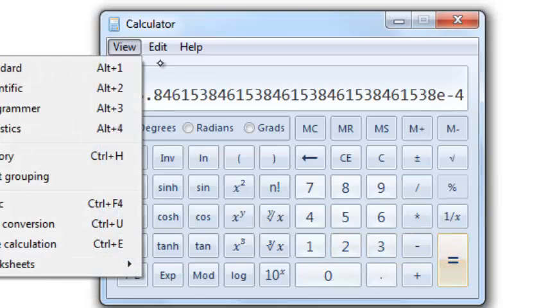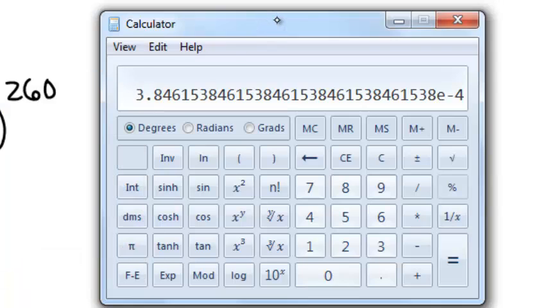I don't like this notation. Okay, I'm going to have to put up with it. Okay, what does this mean? This means it is 3.846. This e to the negative 4 means you move the decimal place over 4 places. So it's not really there. You move the decimal place 1 to before the 3, and then 3 more spaces. That means there's 3 zeros. So it's 0.0003, but these are the significant digits. The significant digits are going to be